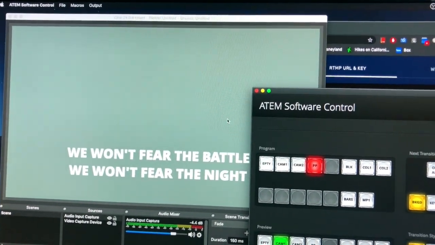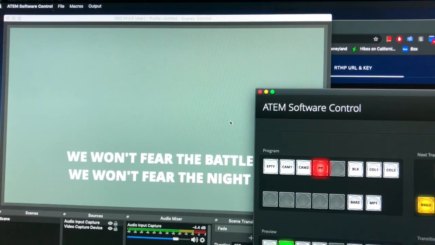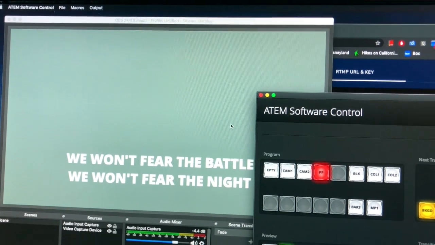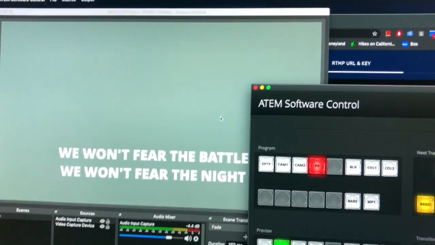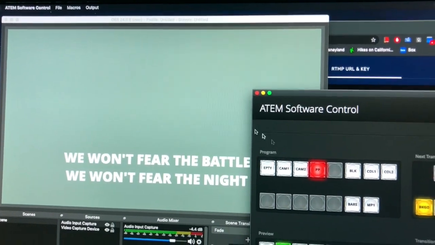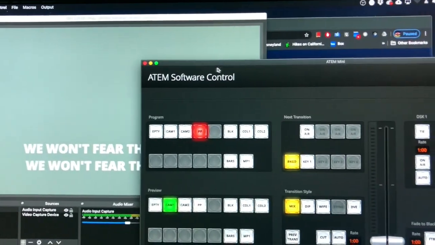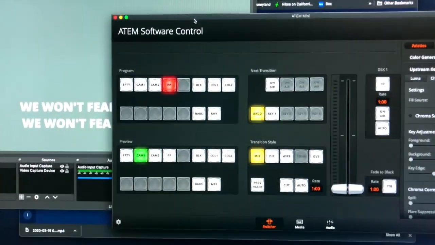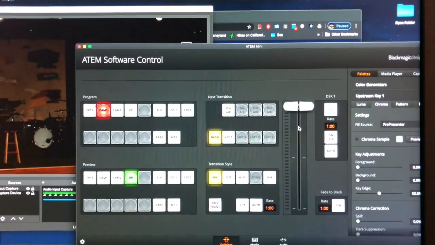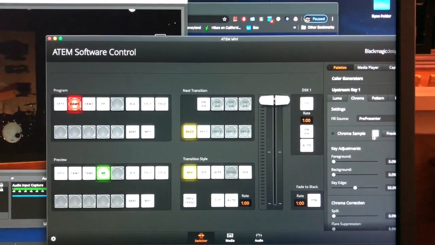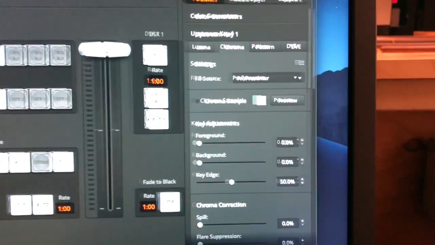That green background is just the background we've been using for the series we're in right now. You could use just a black background, either one of those. The key is that it's a solid color. It just has to be a solid color, so that you can tell the software to take that color out, right? So what we did was, okay, I'm going to fade back to, or bring my camera feed back up. Okay, so on my chroma keyer, right here, you select the color that you want to key out. So a chroma sample. Let me bring this back into view.